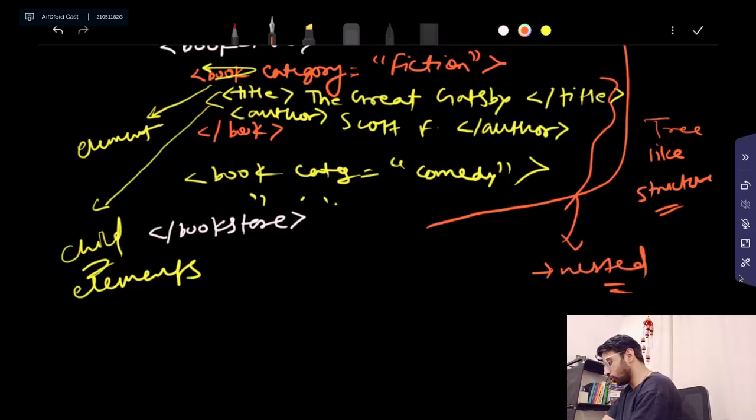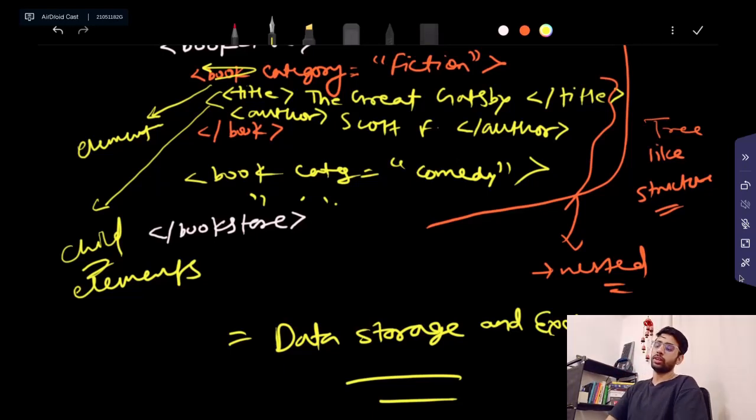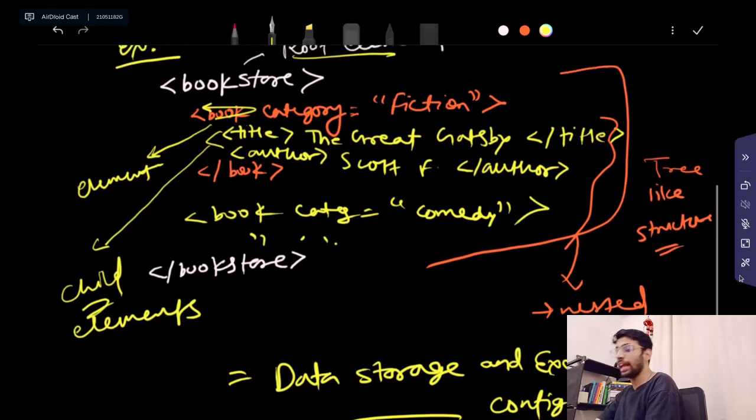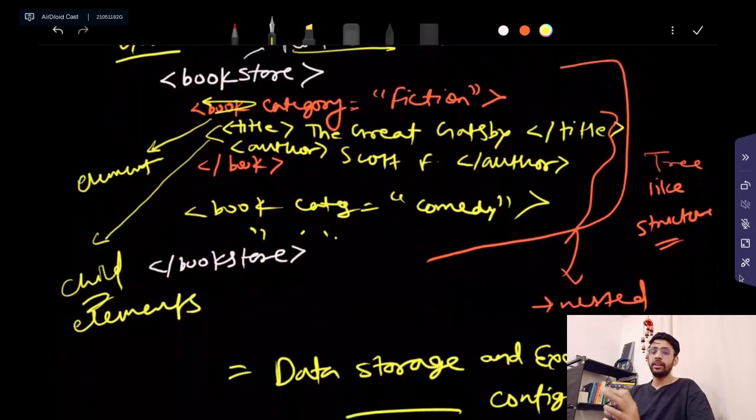Basically it's used for data storage and exchange. That's where we also use it for configuration files. You would have seen we use it for different config files, mainly for specifying config. That's where we use RAIL. Basically it's a flavor of XML. So this is how we create a structure for XML.